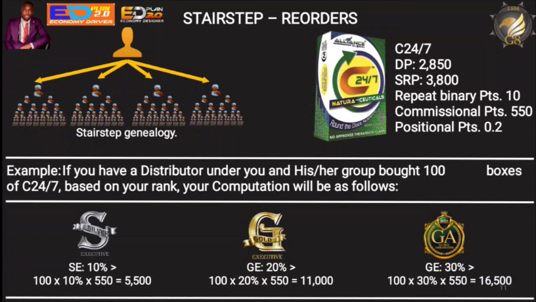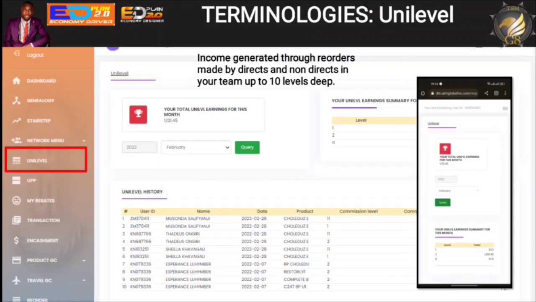And these people, you see, they are the directs of the directs of your directs, people who bring each other. Okay, so you bring your first person, that first person brings somebody, and that person brings another guy as a direct. That is what you call the stair-step genealogy. Okay, next,